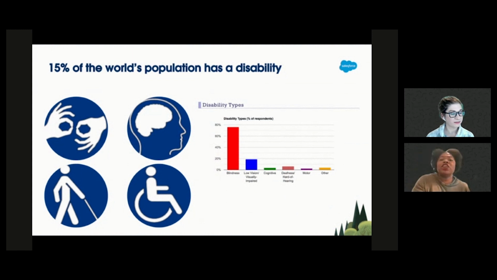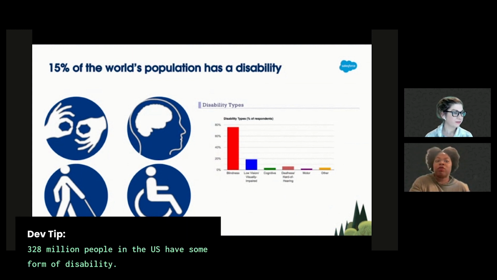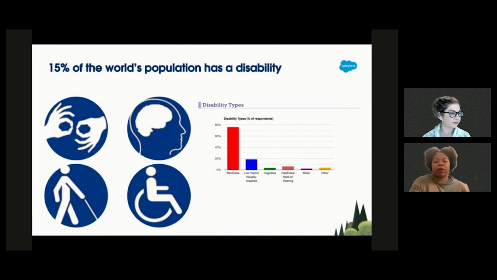We're saying that in the US, that's about 328 million people that have some form of a disability. And that's extremely important to know, because if that's just the number in the US, you have got to know that it is literally like 2.4 billion people in the whole world who have some form of a disability.